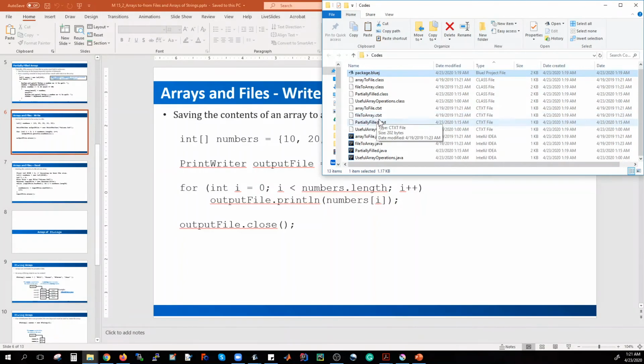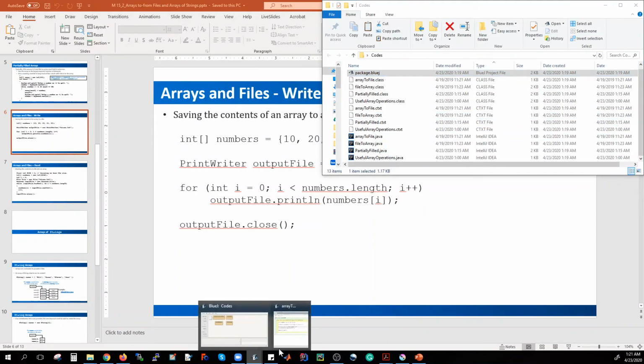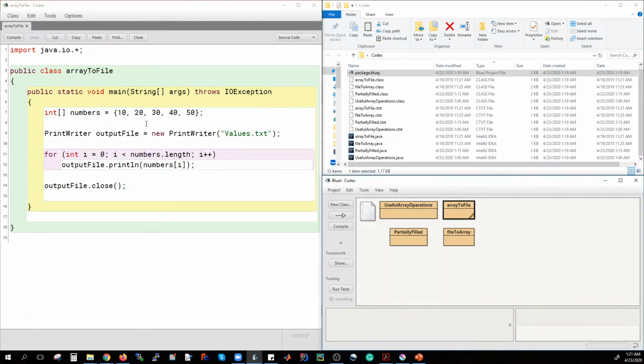So here we have the file codes. Here we don't have any text, but then I will go here and I'm going to create that array, print writer, link it to the values text file, and then loop over the array until numbers dot length, one less. And then I'm going to just use the output file dot println, assuming that I'm going to write each of these numbers into a separate line for the process of reading in the future. So compile,